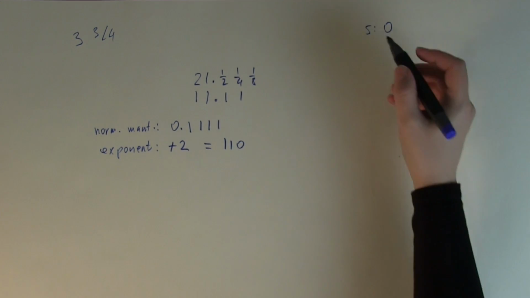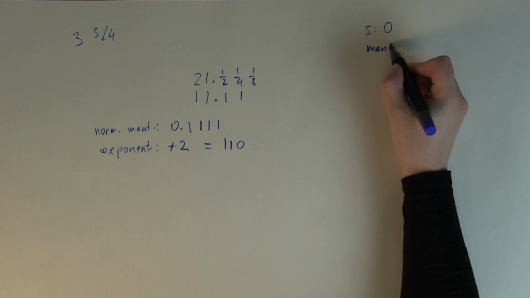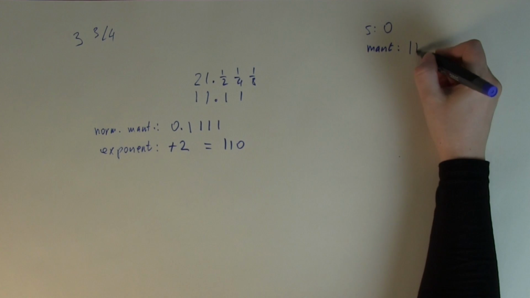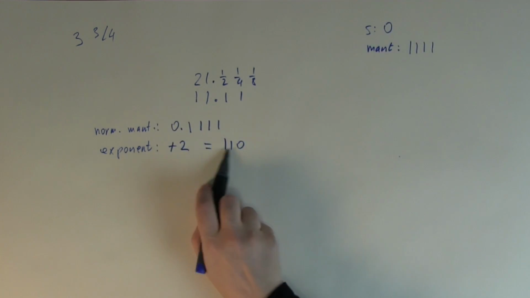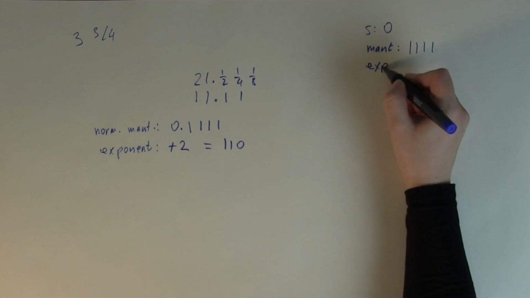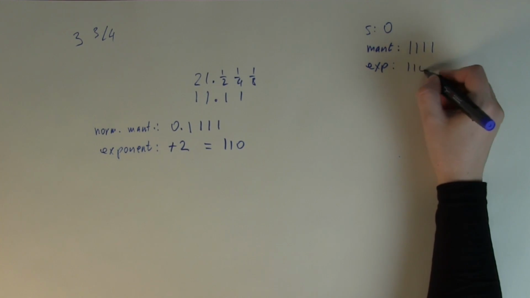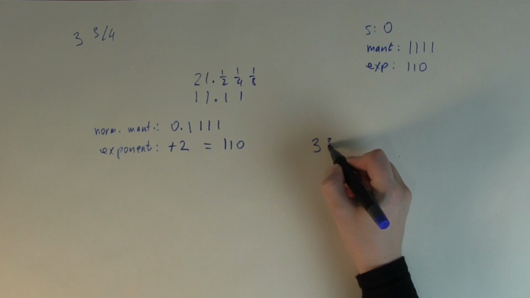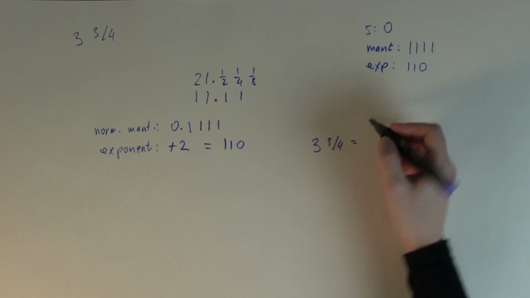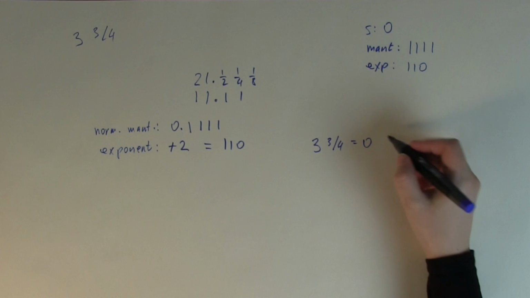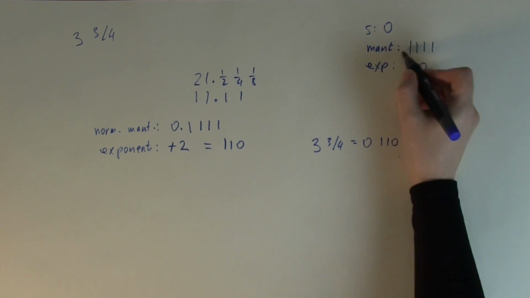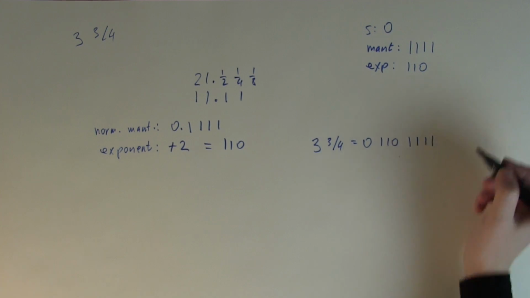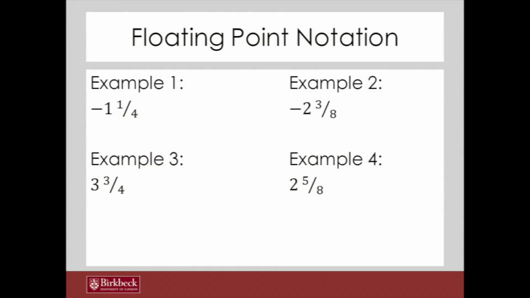So the mantissa will be these 4 bits, and the exponent is these 3 bits. So pull the whole thing together. So 3 3/4 then will be equal to 0, followed by the exponent 110, and followed by the mantissa 1111. And the last example,